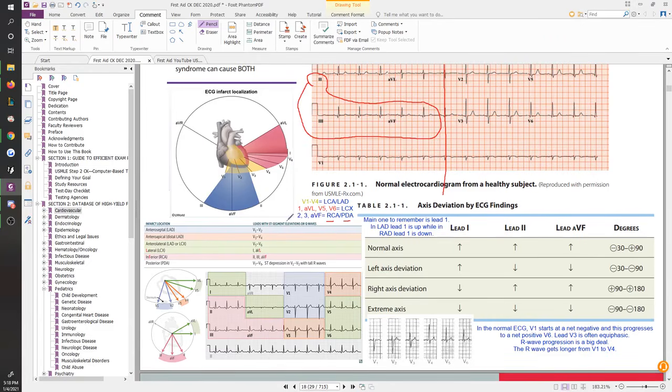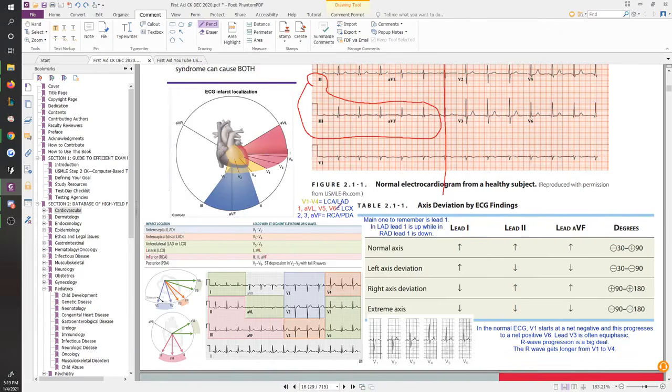So thankfully, 2, 3, and AVF actually look at both arteries at the same time, essentially, right? So this is going to check for an inferior MI and check for whether these arteries are involved, because if they are, then that would also imply that you're not going to have good supply to the SA and AV nodes, and that's not going to be very good for you. So this will tell you how to further evaluate the patient in terms of treatment. The yellow and the red is basically showing you exactly where the leads are placed.